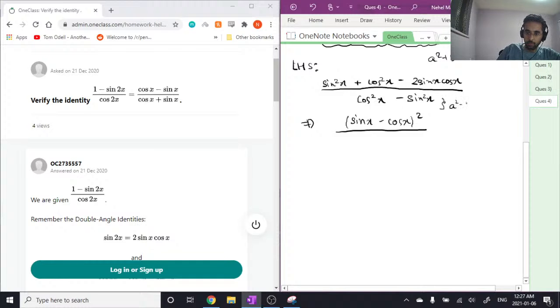Now if you look here, even though these terms are not identical, what we can do is take a minus 1 common from the numerator, and since it's squared, we will be left with the same term. So essentially, what I'm saying is that cos x minus sin x squared is equal to sin x minus cos x squared. So using that, I'm going to switch this to cos x minus sin x squared. Divide that by